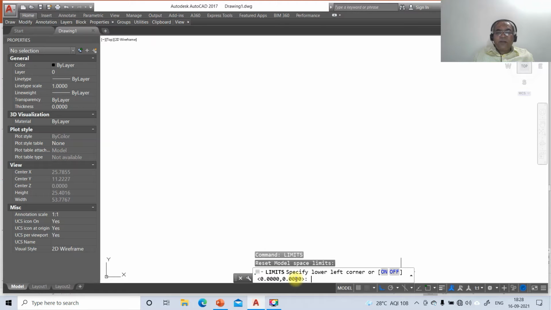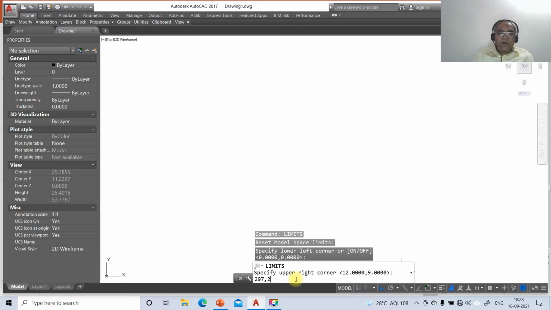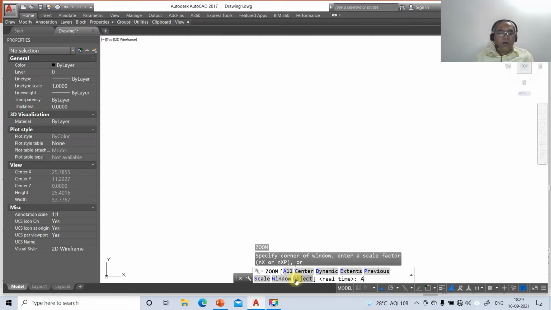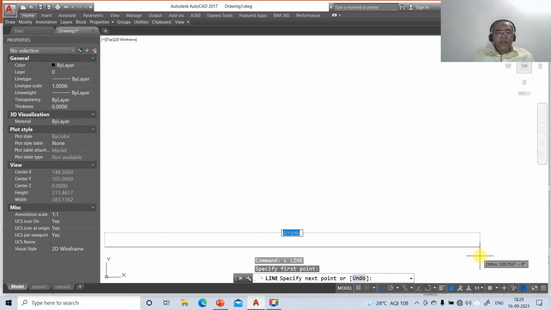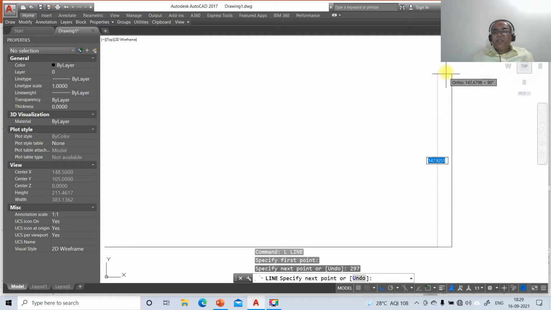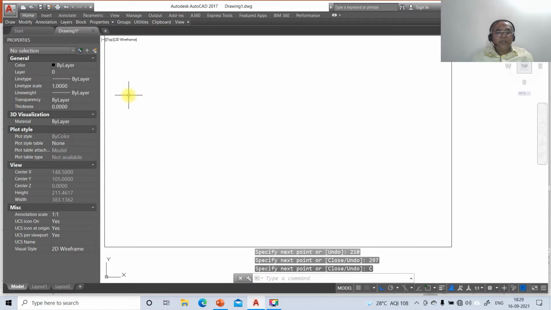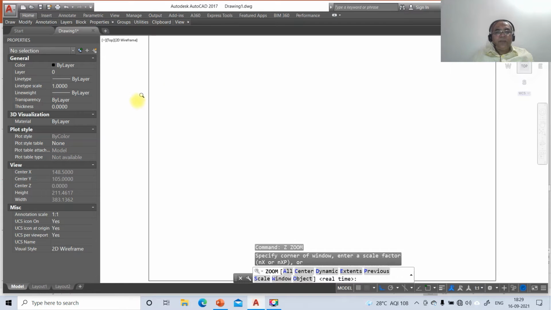Then specify lower left corner, by default 0, 0, upper right corner 297, 210. Then zoom all. Now we go for line, select some arbitrary point and take the mouse to the right side, type the distance as 297, enter. Again take the cursor to the top side, take the distance as 210, and then take the cursor to the left side, take the distance as 297 and close it. Then go to zoom extents, zoom